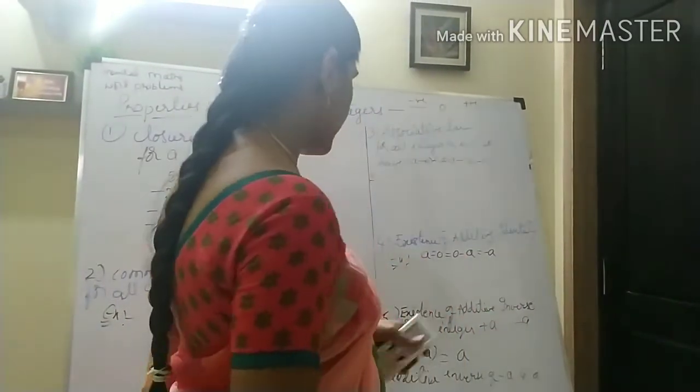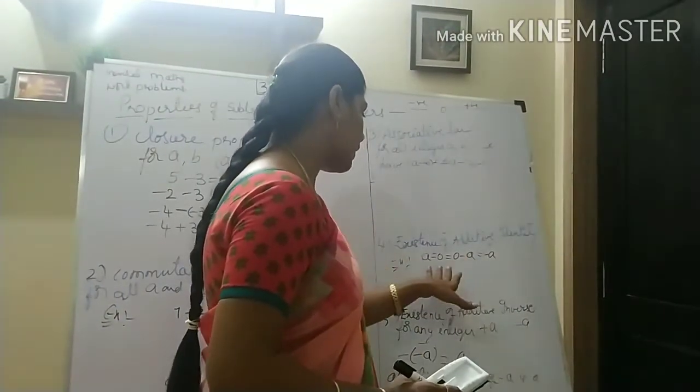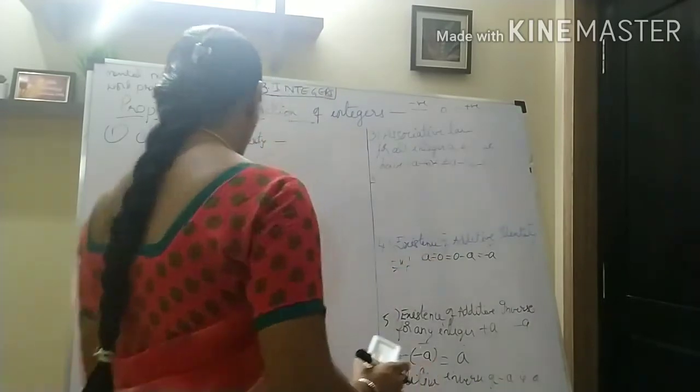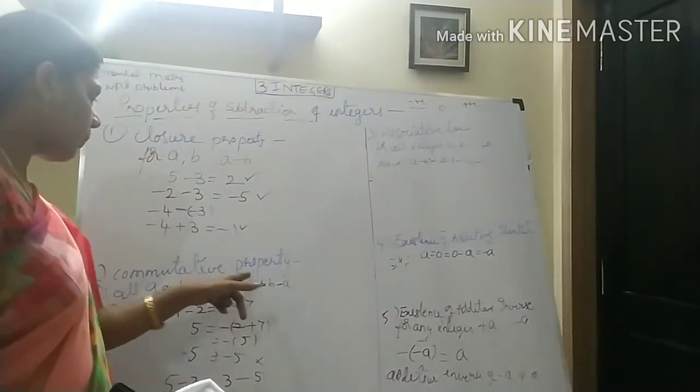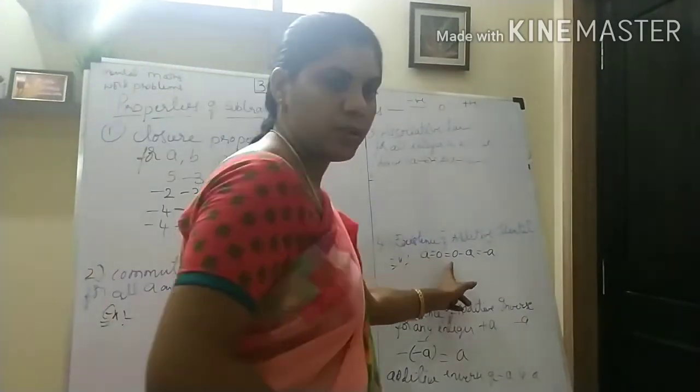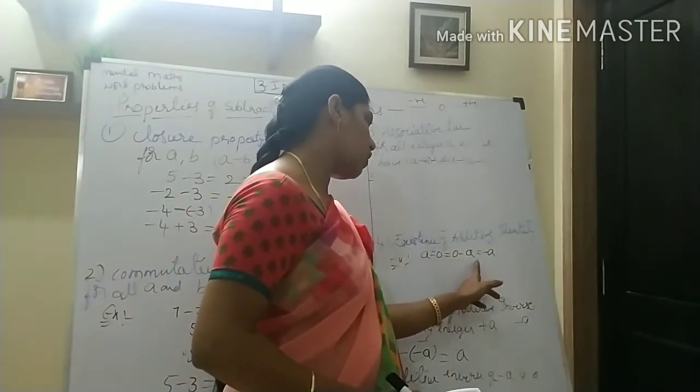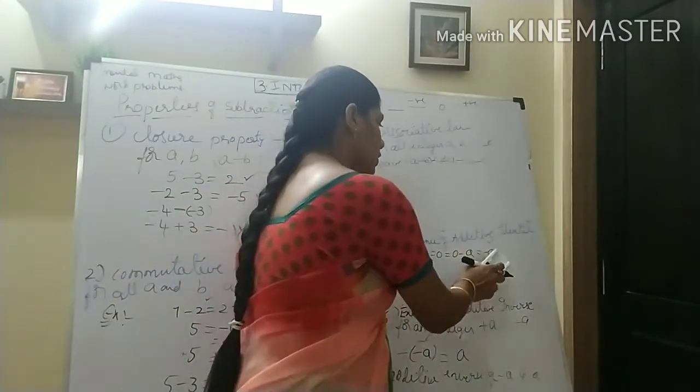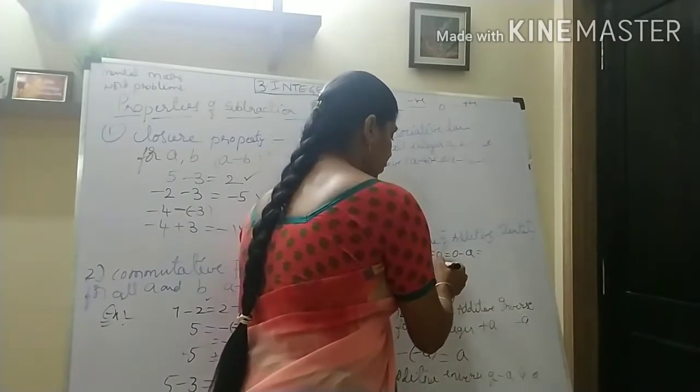Okay. So in this case also we are not getting the same thing. a minus 0, we already learned here. Commutative property is not satisfied, which means for this also not satisfied. a minus 0 equal to 0 minus a, equal to the same minus a, is not possible here. So a minus 0 will get a.